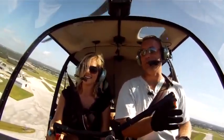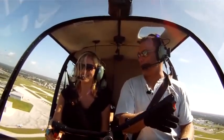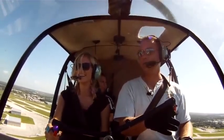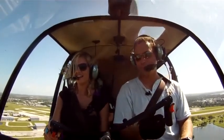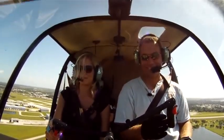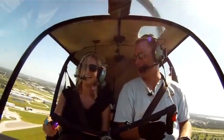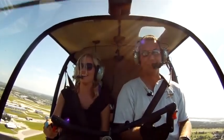Now this is the way to travel. No speed limits, no red lights, no road rage. It's great. We don't even have to follow the road. Land in people's backyards. It's awesome. Yeah, you just sit right on top of something, don't you? Yep. Look, Ma. No hands. Oh, stop. This is a lot harder than the...